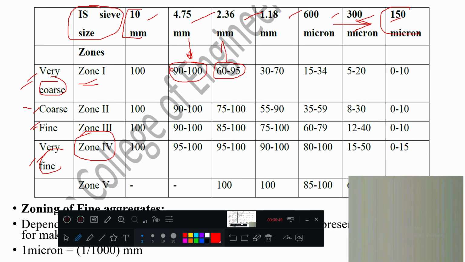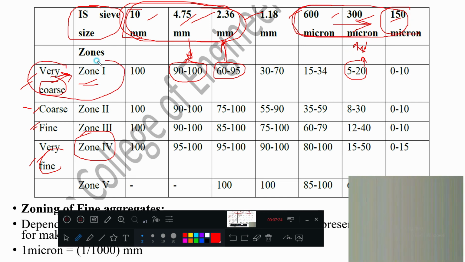What do you mean by that? If more sand is passing through this sieve, a lesser size is passing through this sieve. That is the meaning, simple. 60 to 90% is passing here, but in the same sand this much only is passing through this sieve. That means in coarser sand this side volume is more and this side volume is less. I hope it is clear.